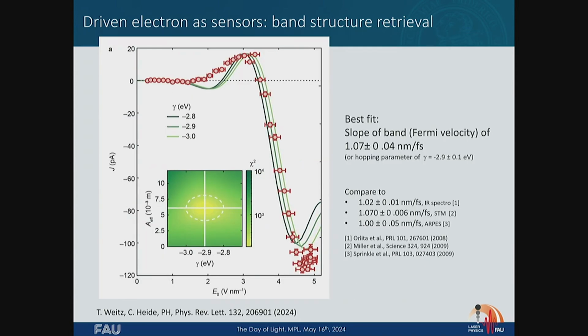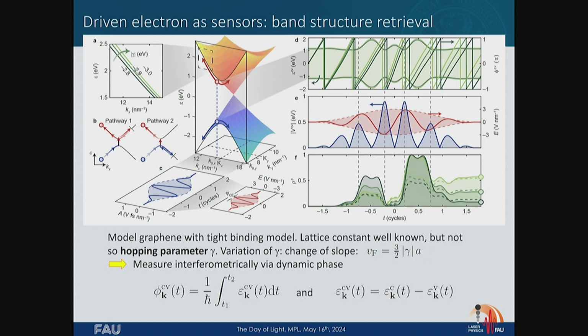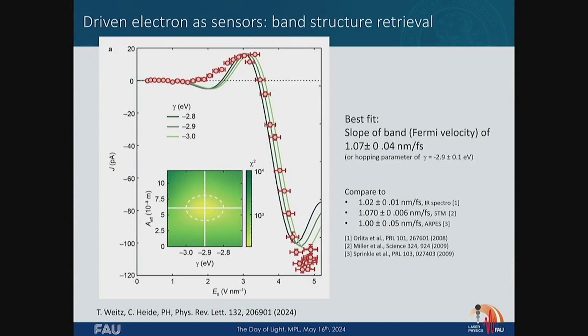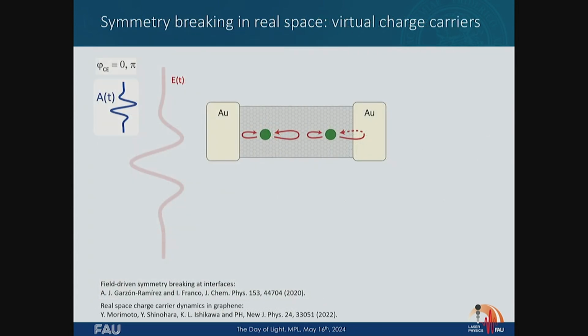This is what's shown here. We can just fit the data, basically fit the slope of these bands. The steeper the slope, the larger the energy separation, so we can fit the slope of these bands. It works nicely this way with this interferometer. We can really measure the Fermi velocity, or the slope of the bands, and it compares extremely well. We didn't expect this. People measured it with other methods. It was interesting to see that we can really use this interferometer to measure the dynamical phase of the electron.